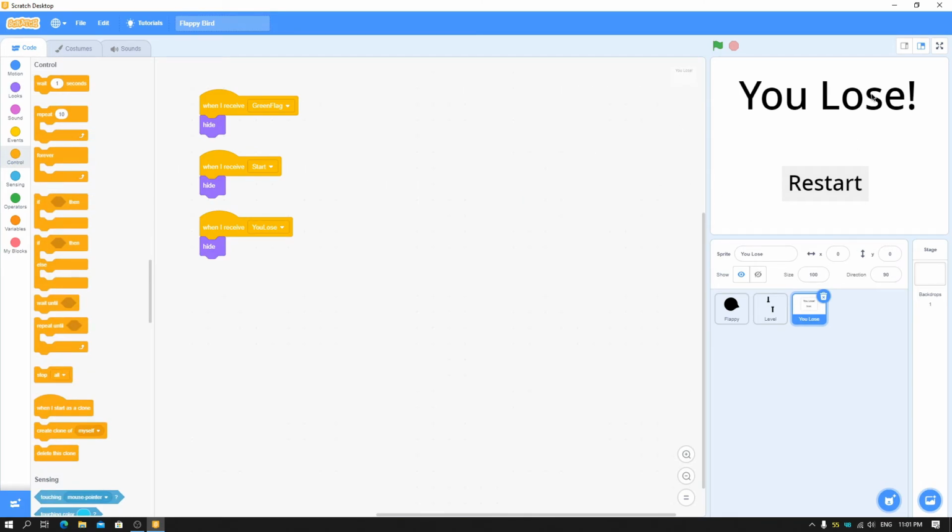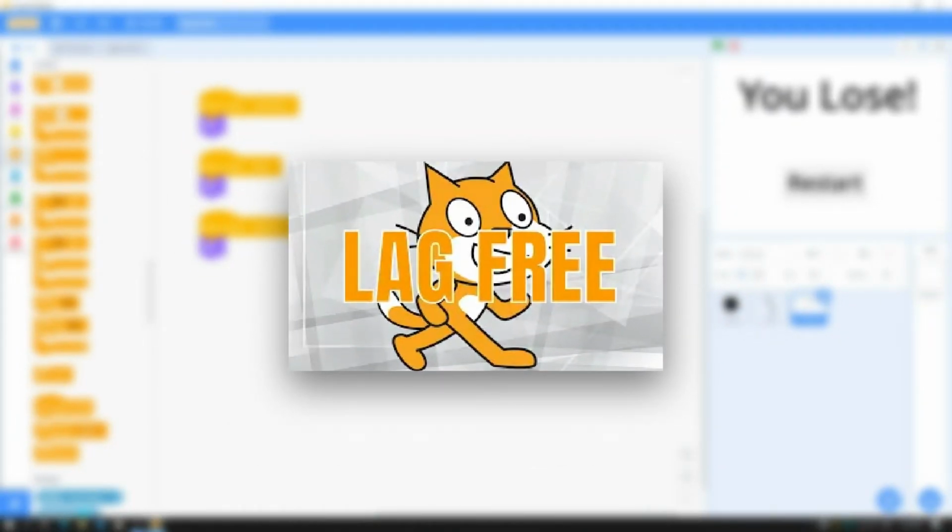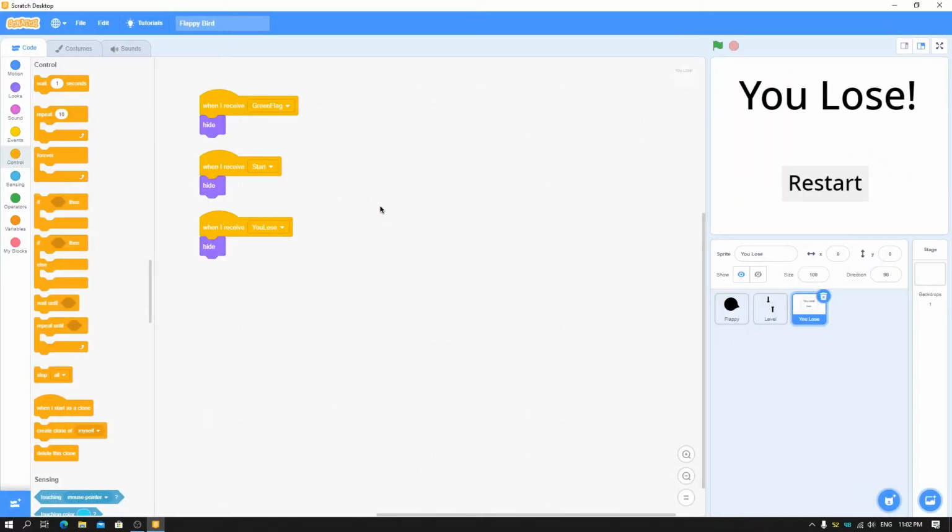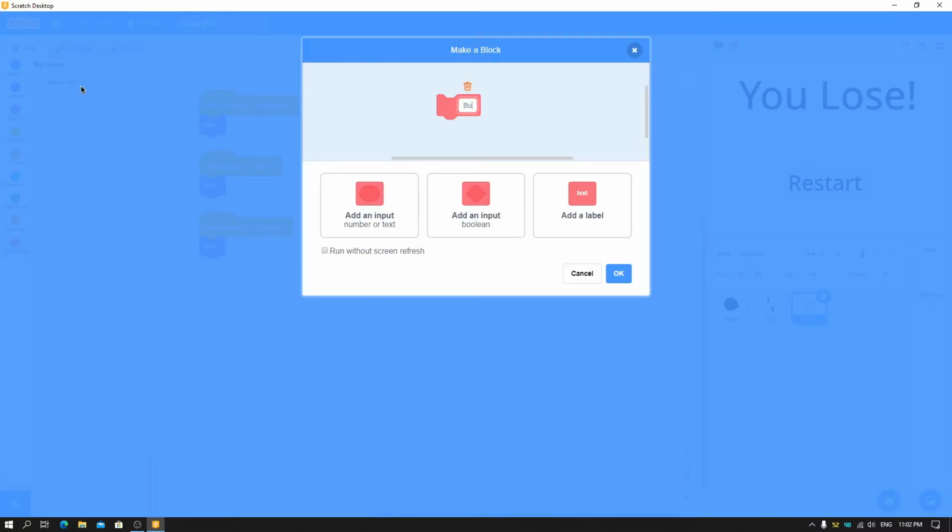We can use the clones to make this. So just you can watch my video on my algorithm for making games, so you can understand the script I am going to make now. Just make a block called build with the number input, then start, another number input named start.